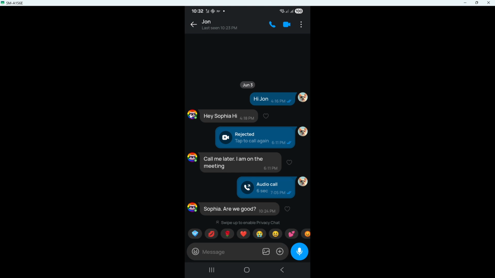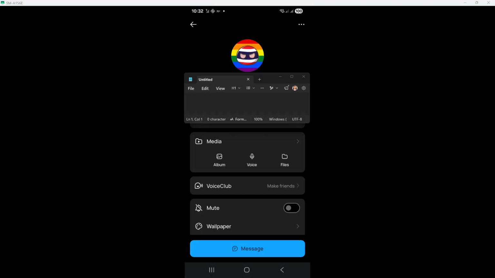Once you find the person, tap on their conversation or contact name to open it. This takes you into your chat with that person, where you'll be able to access more account and profile options. Take a moment to make sure you've selected the correct person before moving forward, especially if you have several similar names in your contact list.